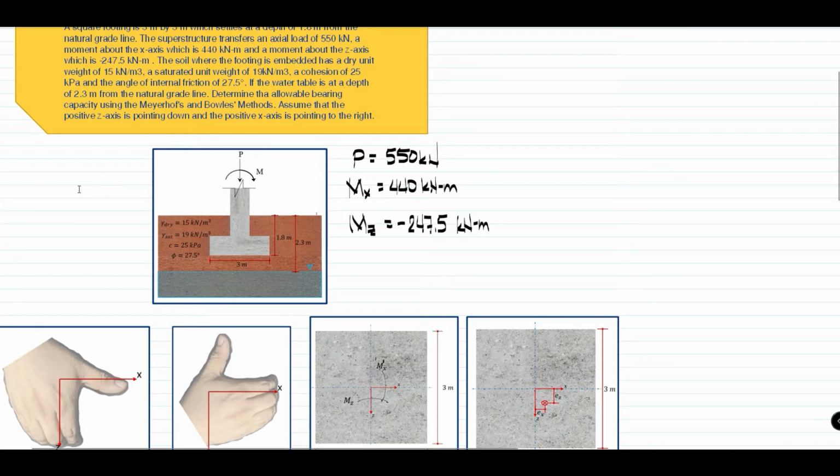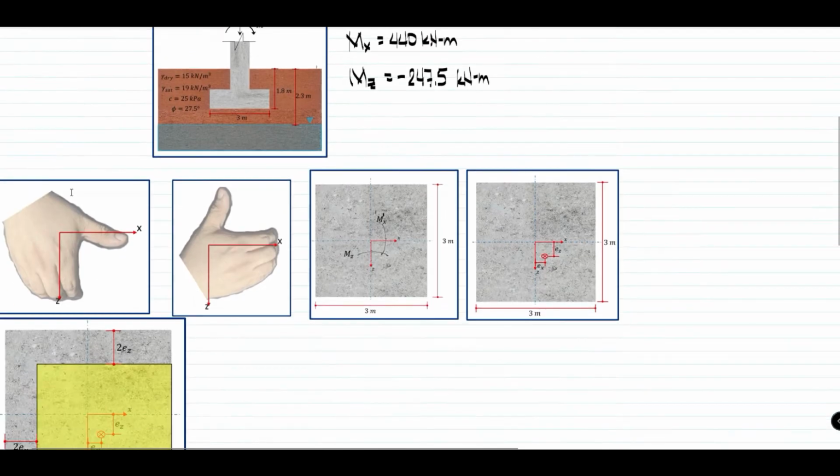So, ibig sabihin, kapag ginamit natin yung right hand rule, kailangan yung thumb natin is pointing on the positive x-axis. So, since sabi niya dito, we assume that the positive z-axis is pointing down and the positive x-axis is pointing to the right. So, ibig sabihin,